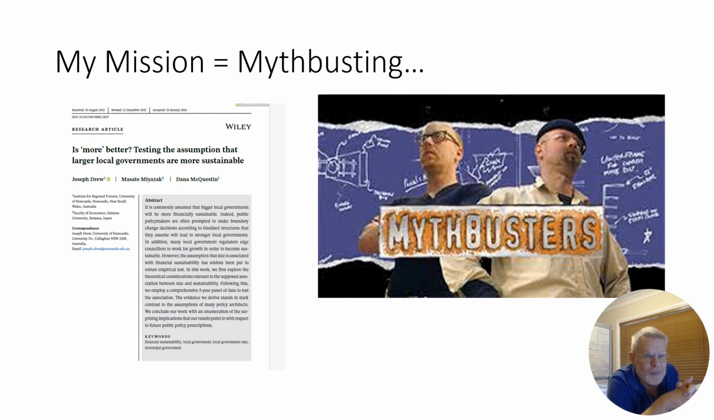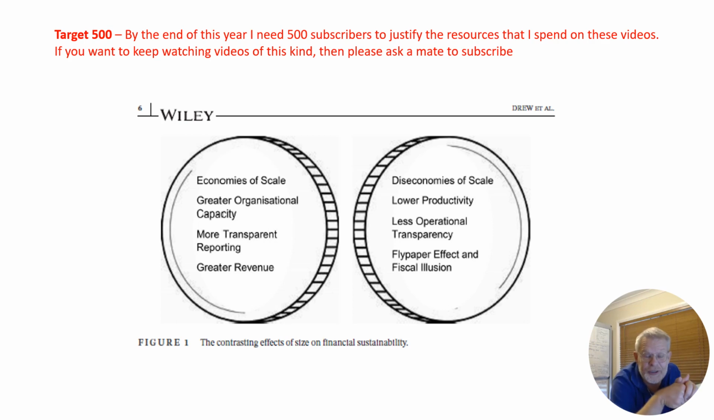This paper has just been published at AJPA, Australia's best public administration journal, with my good colleague Masato Miyazaki, professor at Saitama University in Japan, and my former student, Dr. Dana McQueston. Of course, there's no substitution for reading the whole paper, but most people are unlikely to do that,